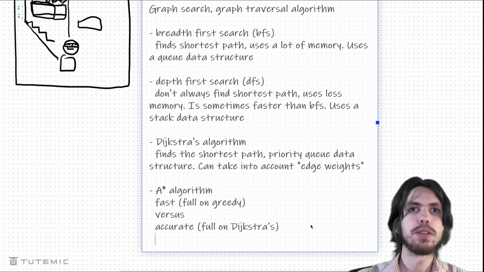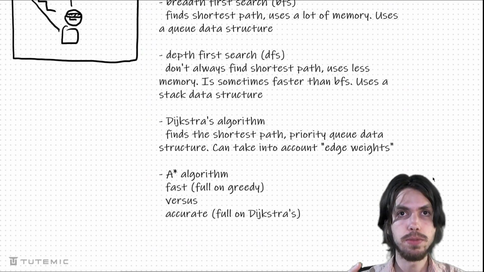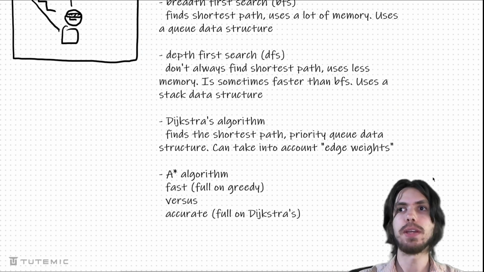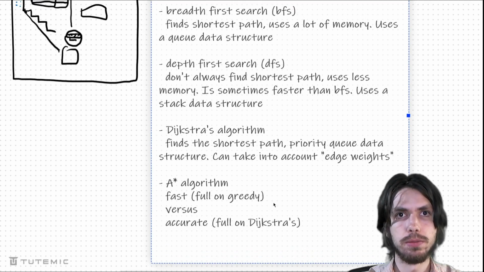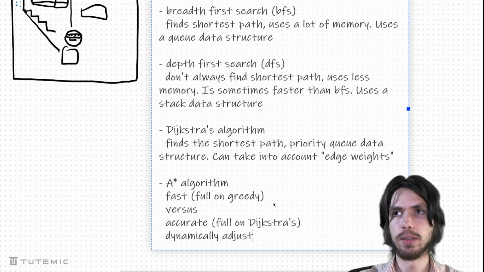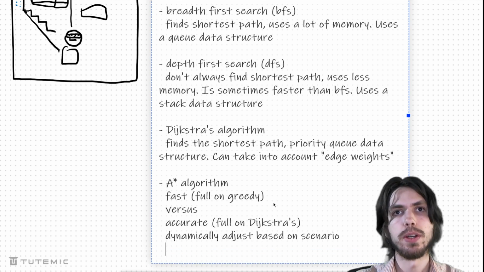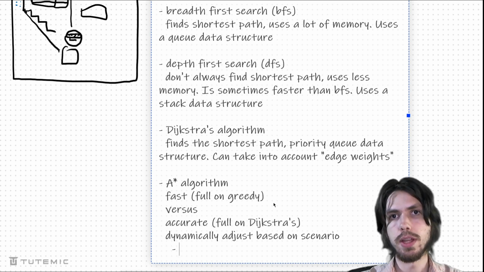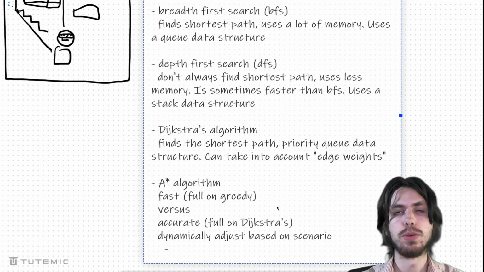And why that's so awesome, especially for games, is because these types of scenarios are dynamic. You don't have to just choose fast or accurate. It can scale with the game. So, for example, you can have it dynamically adjust based on the scenario. So, for example, let's say you're adjusting the algorithm based on the CPU load, right?